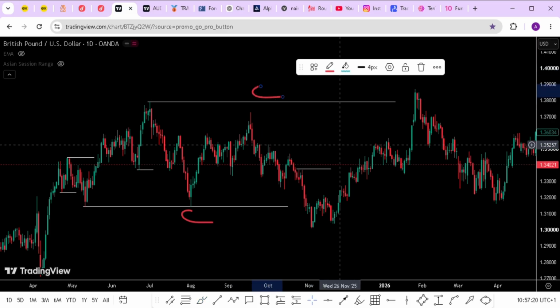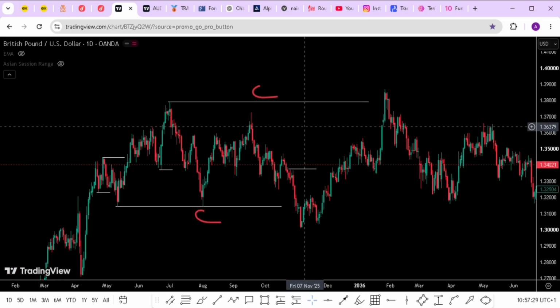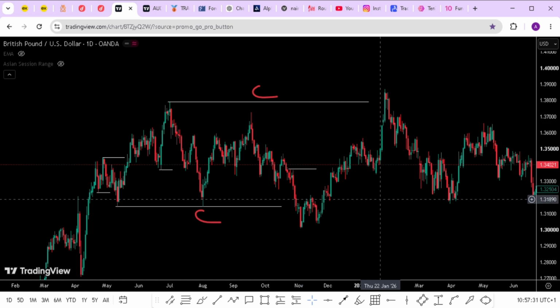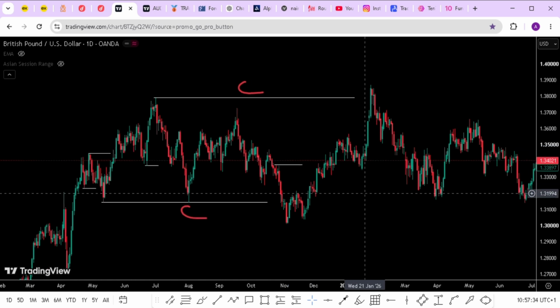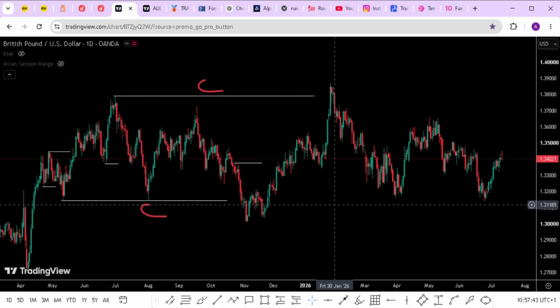It shows that the market is kind of ranging. So when you have a double change of character, it means that the market is here to decide where it wants to go. So it's taking liquidity from both sides. But you don't need to have a problem with that. Just follow your plan. If you have a change of character, look for the directional bias, look for a setup. If you have another one, change your mind, be flexible. You don't need to be rigid with whatever the market is doing. So you just have to be flexible.